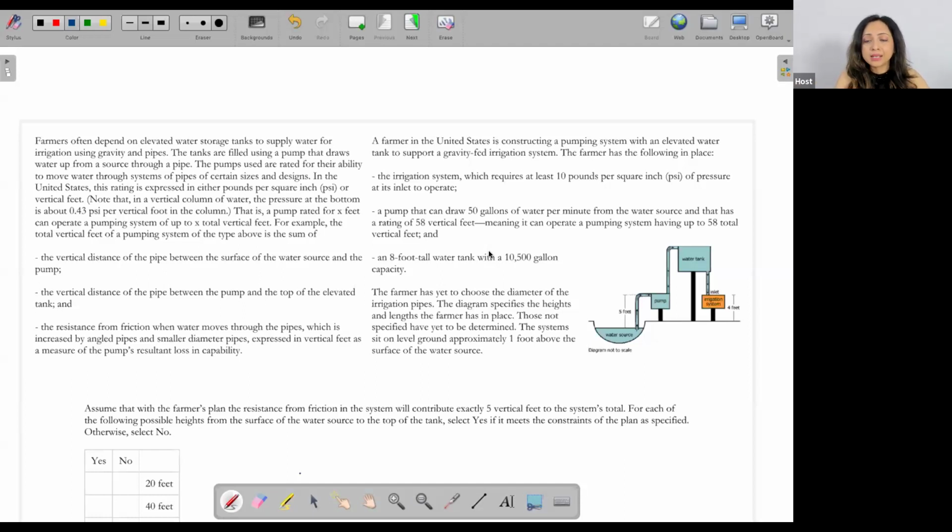So I see that there is this particular diagram over there, fine. And something about water tanks, something about water pumps, so I'll see what it is, right? We start working through our tab 1 first of all. Let's say farmers often depend on elevated water storage tanks to supply water for irrigation using gravity and pipes. Okay, now, it does seem to be a whole lot technical, but then whatever technicalities we need,